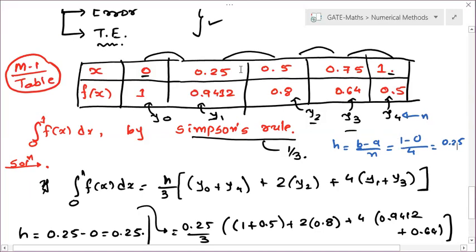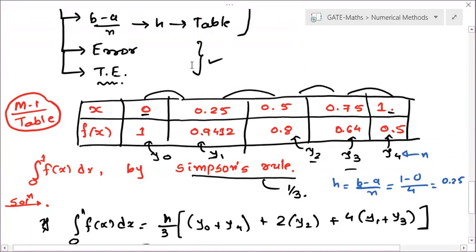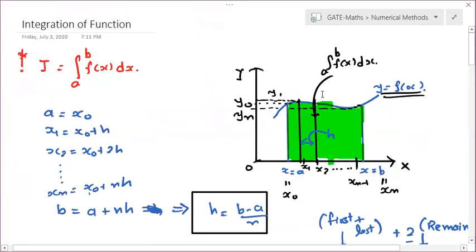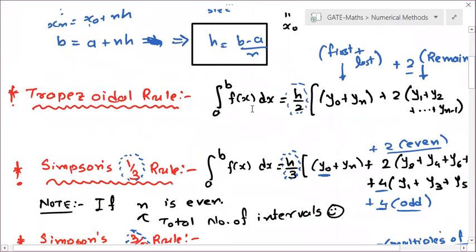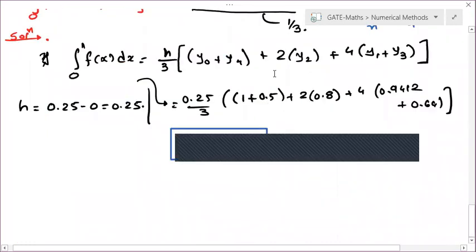Why have I taken it directly over here? Because it will save us time. What was h? h is the step size, or not? It is the difference of x0, x1, x1, x2. So h we can find directly from here, x1 minus x0. So h is your step size. Is it clear now? Sure. So let us move to the next question.